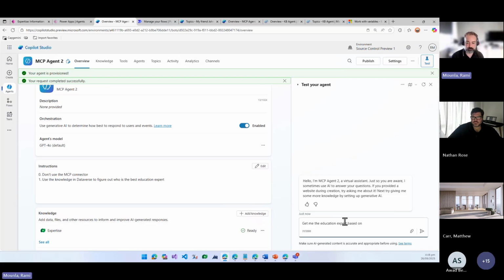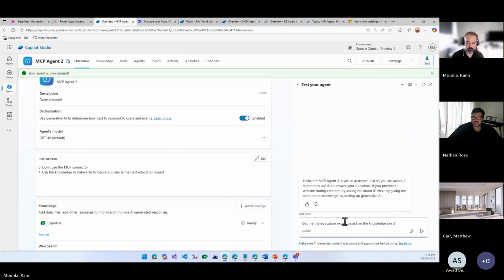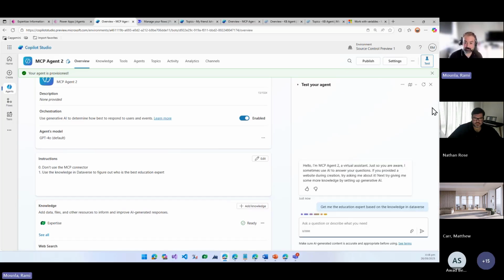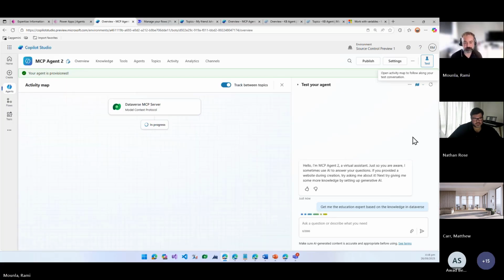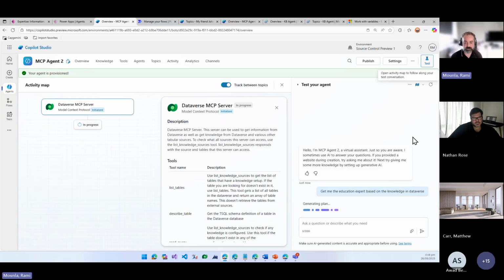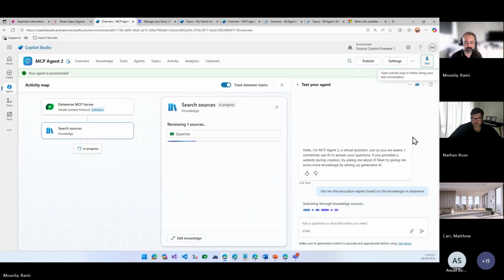Now this is a bit prescriptive, but let's see if this is going to make a difference. Yeah, it still went to the MCP server. Search knowledge, sources, expertise, which is really good. This is what I wanted to do. And then hopefully,